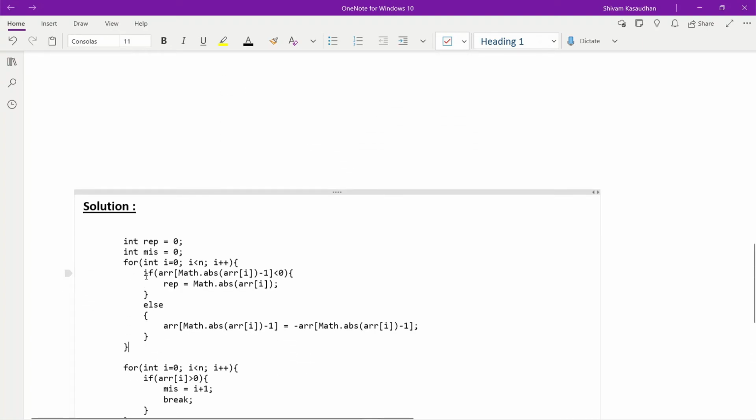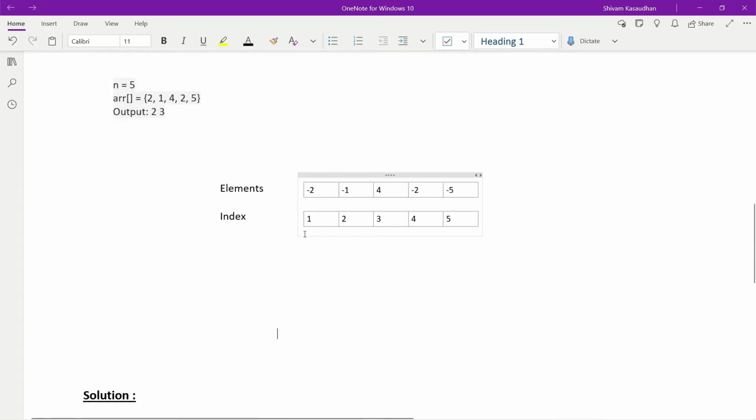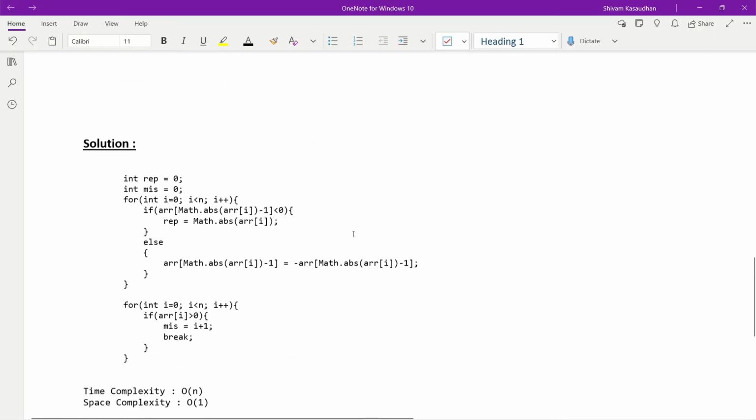So in this for loop, like I told you, I will take absolute value because it will get negative. So array of absolute value of array of I minus 1. Like you can see over here, indexing I have taken 1 2 3 4 5, but in the actual array indexing is done from 0, so that's why I have done absolute value of array of I minus 1.